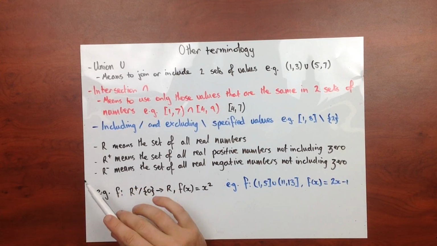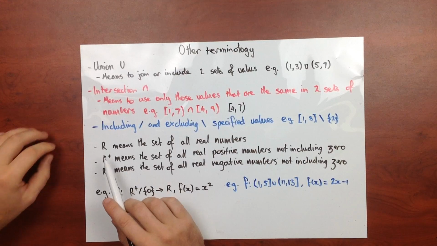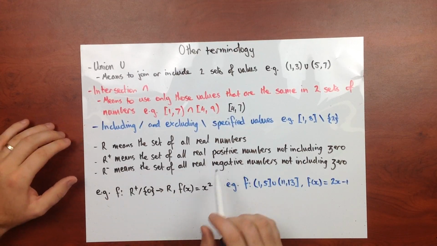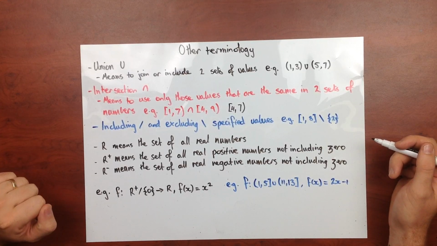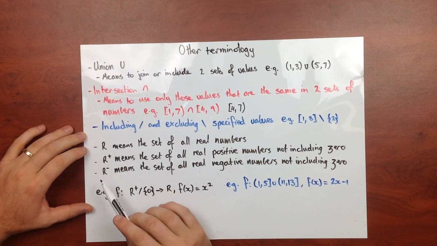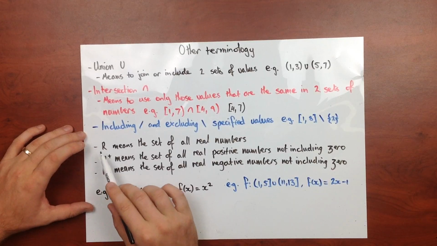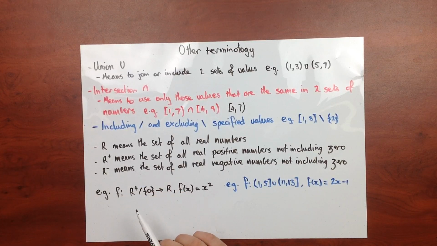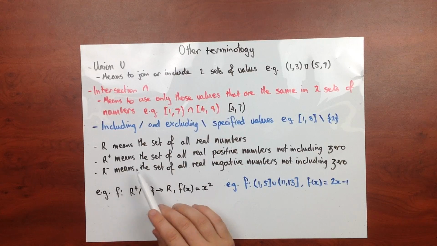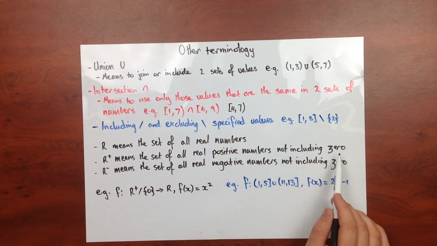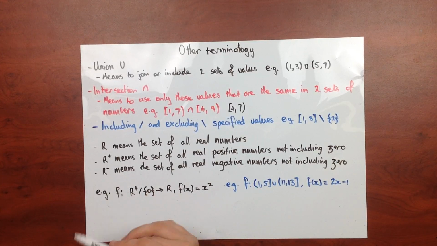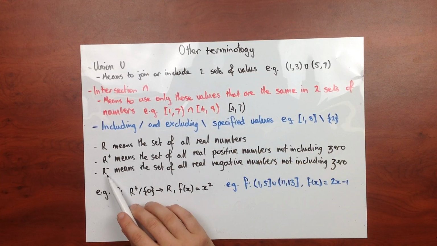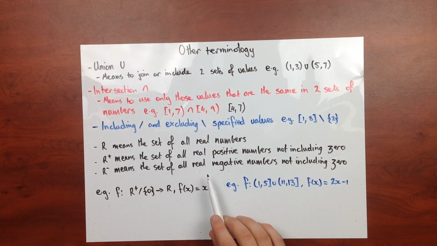Hey, getting back to what these R's were before, so R means a set of all real numbers. So that's from negative infinity up until infinity, all our decimals, fractions, everything like that. Okay. If you happen to be doing specialist maths as well, okay, R doesn't include our complex or imaginary numbers. Okay, so R plus means a set of all real positive numbers, not including 0. Okay, don't include 0, which is sometimes a little bit annoying because often we'll want to go from, say, 0 to infinity. Okay, R with a little negative up the top means the set of all real negative numbers,